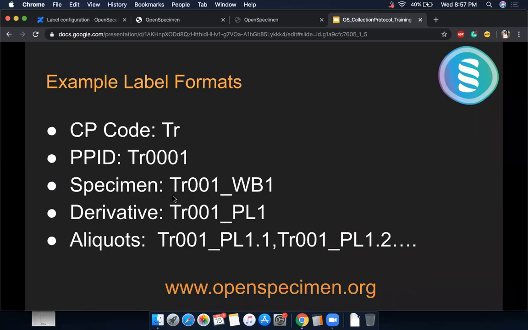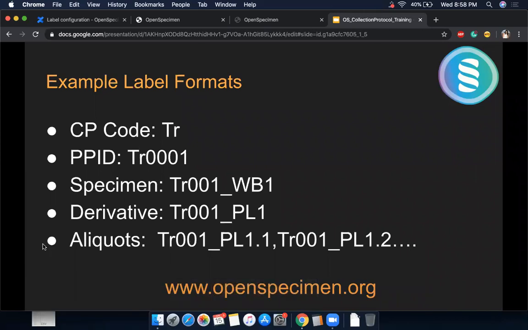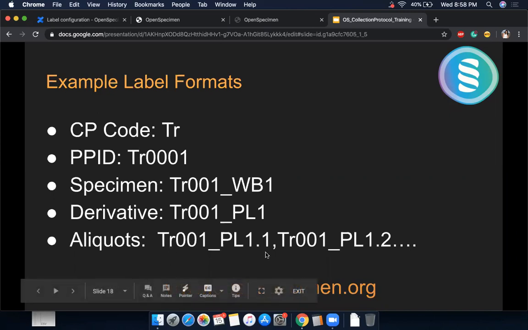If you see here, this is an example format. You can define any kind of format per protocol, for how you want to generate unique IDs for your patients, specimens, and aliquots. And of course, this is again an optional thing. If you have pre-barcoded tubes for your aliquots, you don't want OpenSpecimen to generate IDs, but you want to scan in your unique IDs or barcodes into OpenSpecimen. That's also an option, and you don't have to set up label formats in that case.